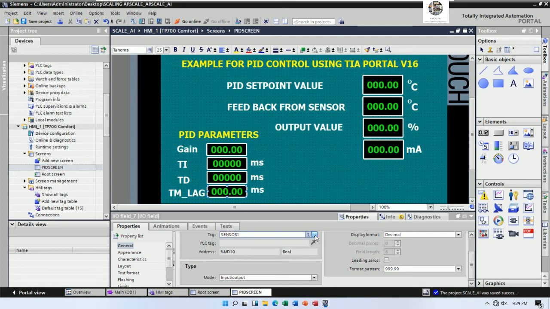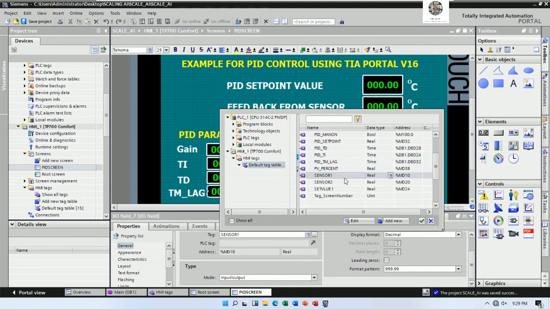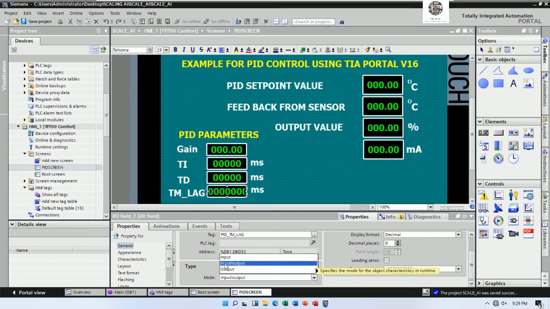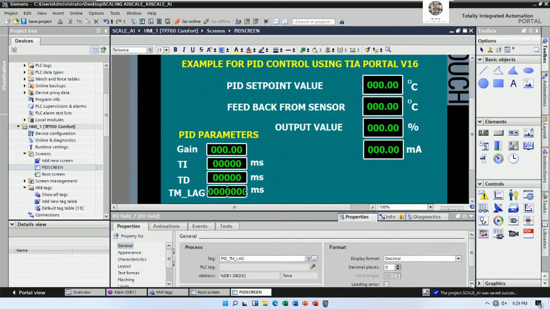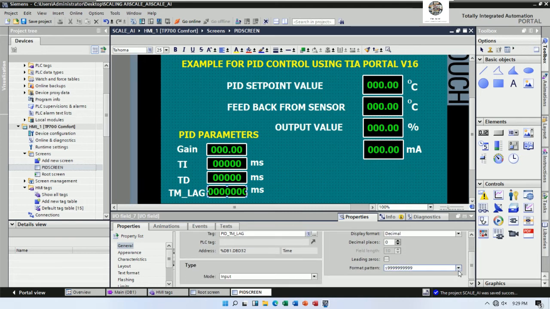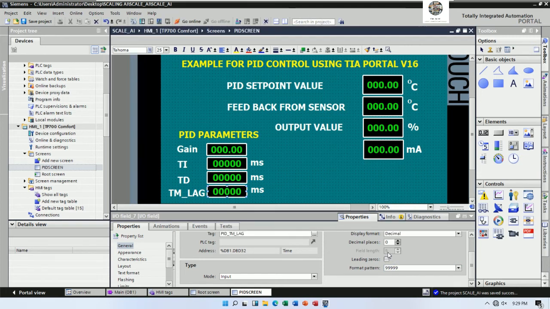The last one is TM, right? PID TM, it is the input also, and the format I will choose the same. Okay,